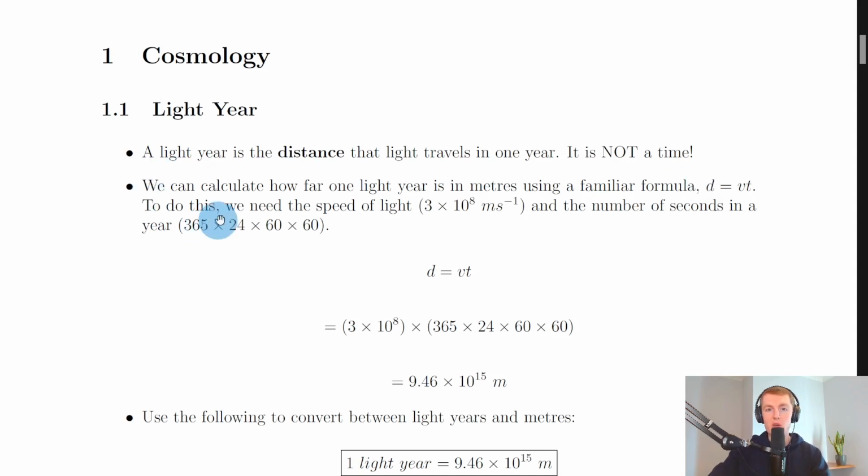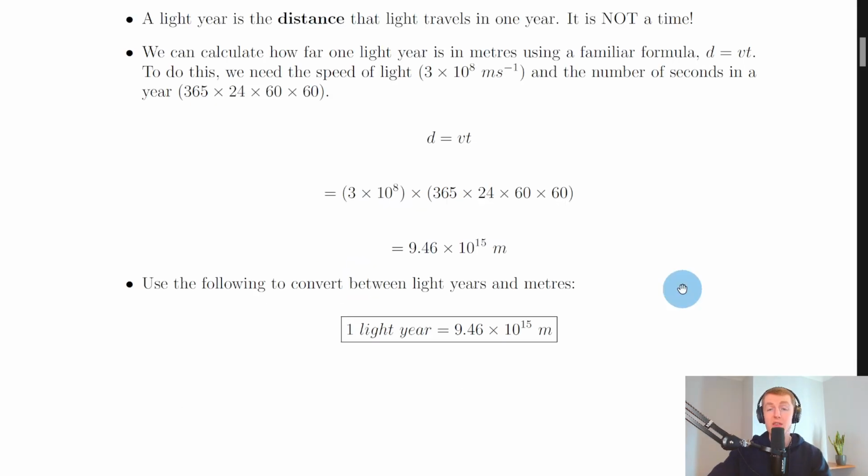And it goes on to say that we can calculate how far 1 light year is in meters using a familiar formula, d equals vt, i.e. distance equals speed times time. To do this, we need the speed of light, which is 3 times 10 to the 8 meters per second, which you'll find on the datasheet, and the number of seconds in a year. And to find the number of seconds in a year, what you need to do is take the number of days in a year and multiply that by how many hours are in a day, and then multiply that by how many minutes are in an hour, and lastly you would multiply that by how many seconds are in a minute. So we have 365 times 24 times 60 times 60,